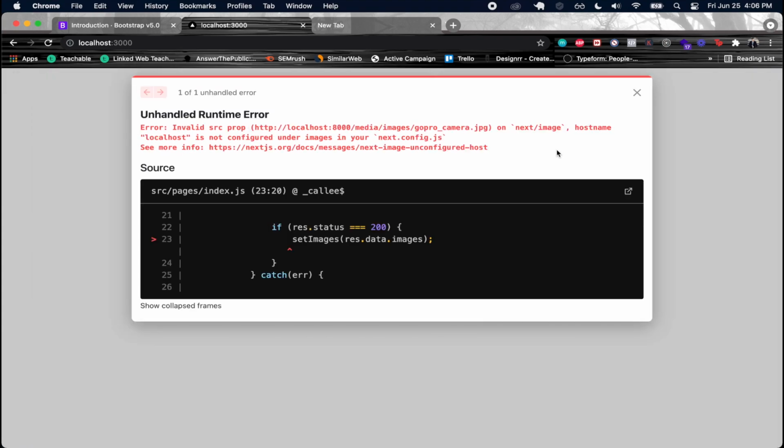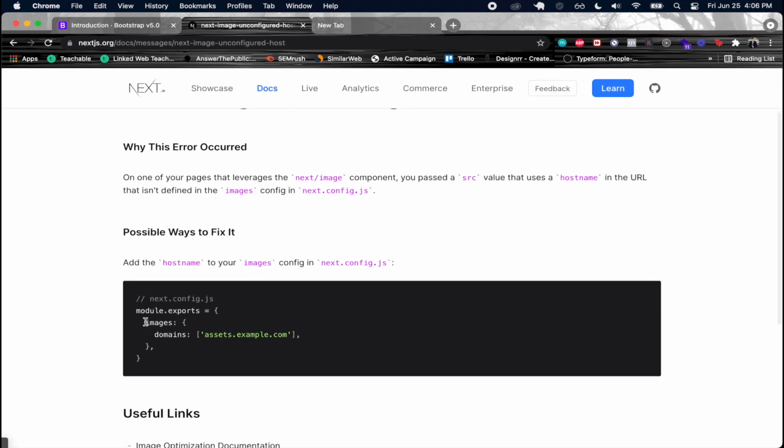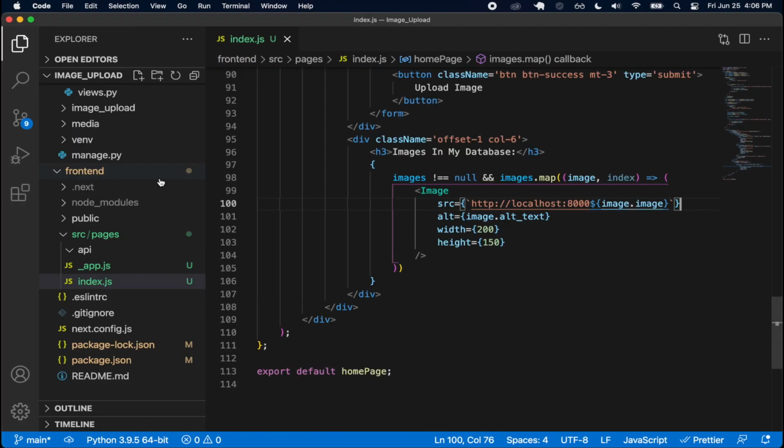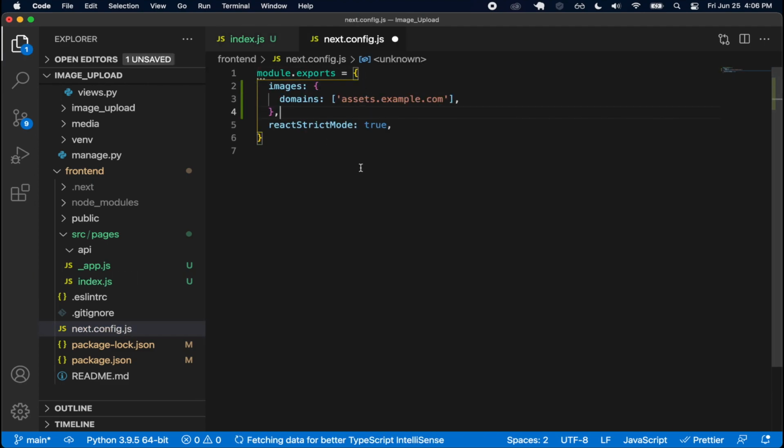But it looks like we still have another issue to deal with. So localhost is not configured under images in your next.config.js. And then to see more info, you can click here. So what we have to do is we have to pass this inside of our next.config.js inside of the module.exports. So I'm going to copy this, open up my side window, open up next.config.js, and then right above here, I'll just paste that line, save that,